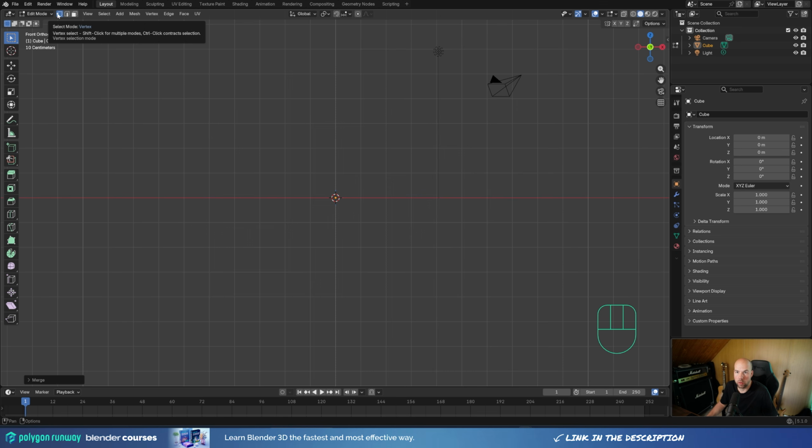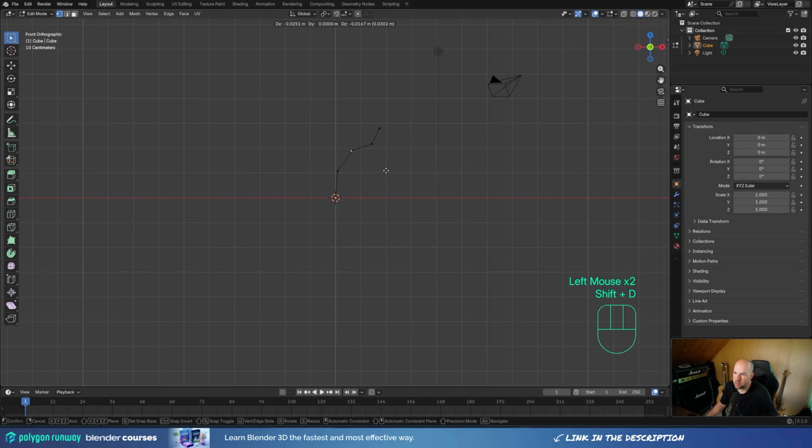Make sure your mode here is in the vertex select, and let's press E and extrude it, and let's do a few more extrusions like this. Again, this will be very stylized, so we're not doing full branches. So let's select this one here, press Shift D to duplicate and just move it slightly and extrude it to the other side